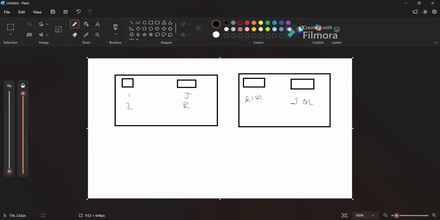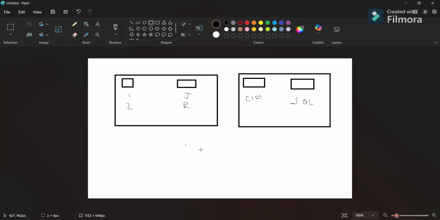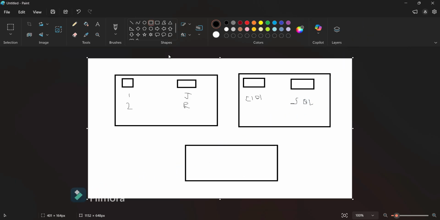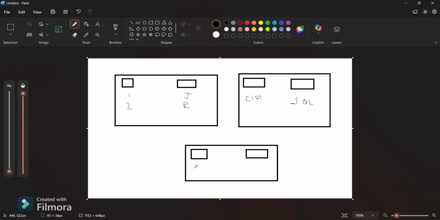and the course is SQL. On the other side we have a third table, a mapping table. Here we have the student ID as well as the course ID. Let's say the student ID is 1 and the course ID is C101. This is the most widely used type of DBMS today.